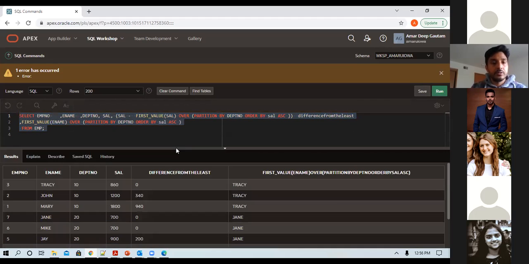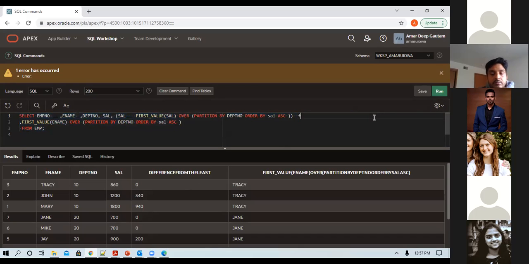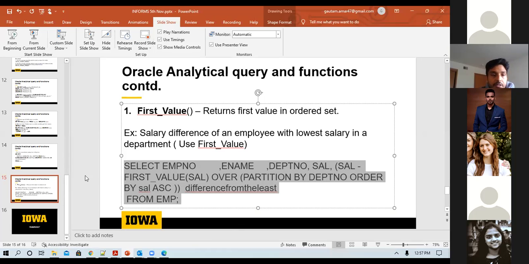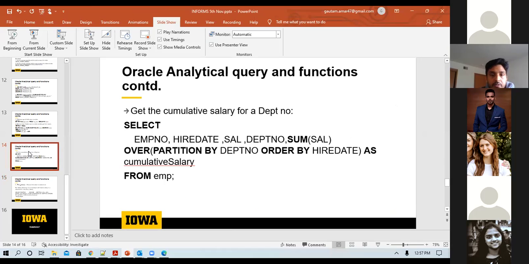Yeah, it can be used, but the meaning would change, right? So let's say... So how is it sorting? If I choose first value for employee name, how is it getting sorted? This is of salary actually, if you see. Oh, okay. So that's why you have to use it wisely, like first value and order by. Mm-hmm. 3 minutes. There's another one which I wanted to cover.